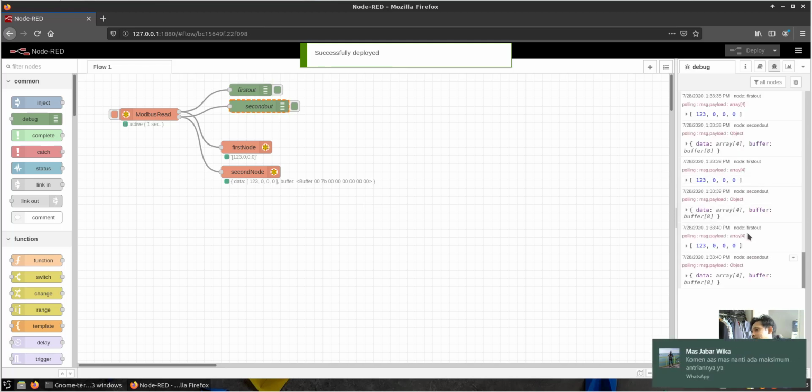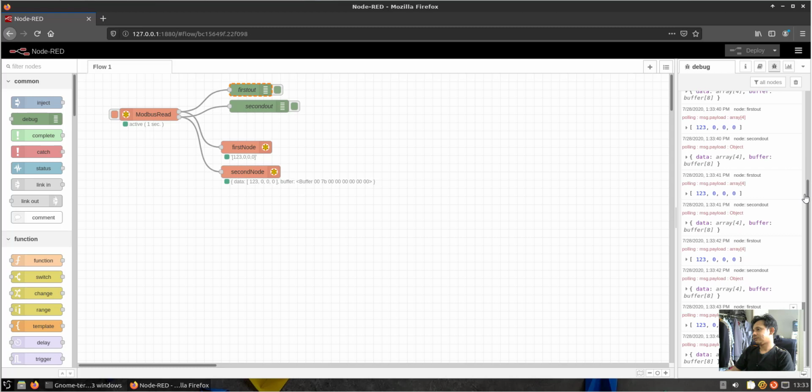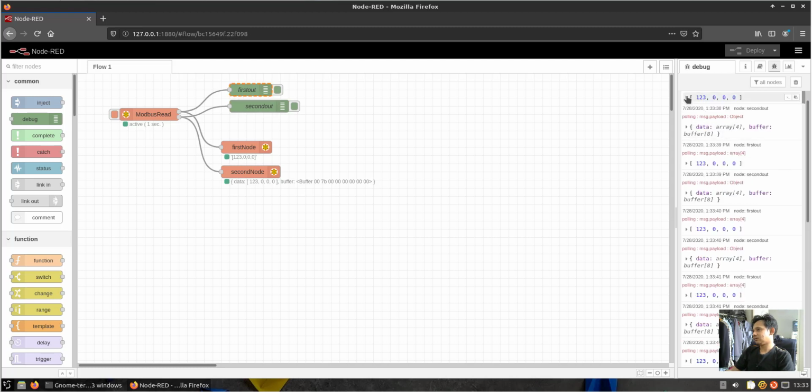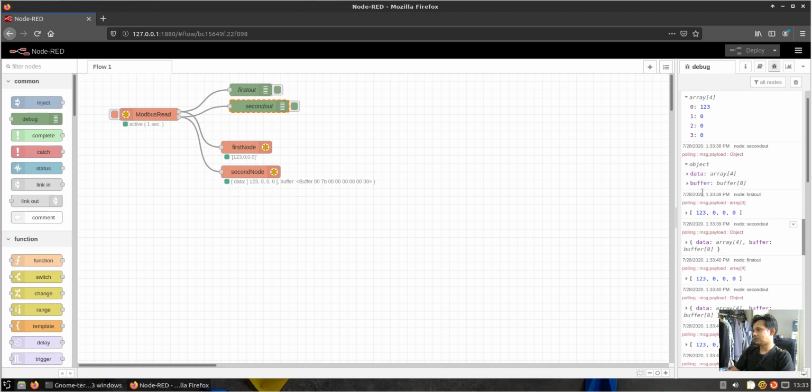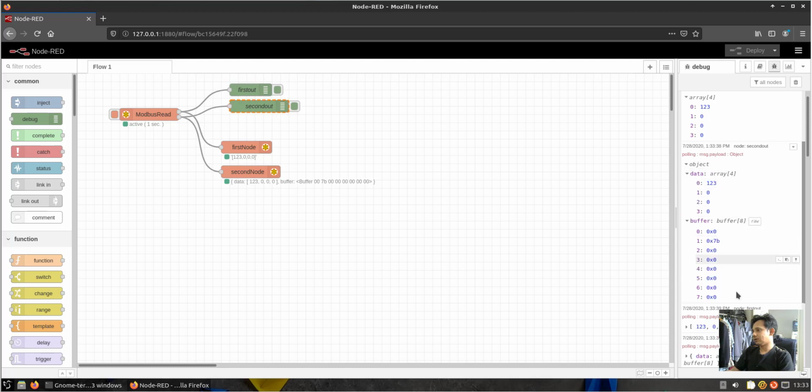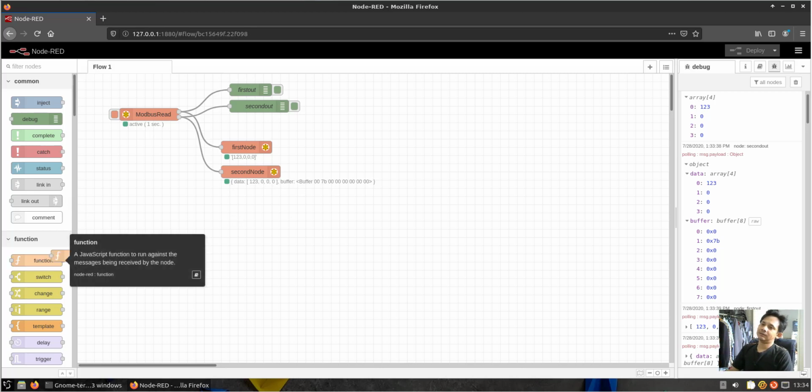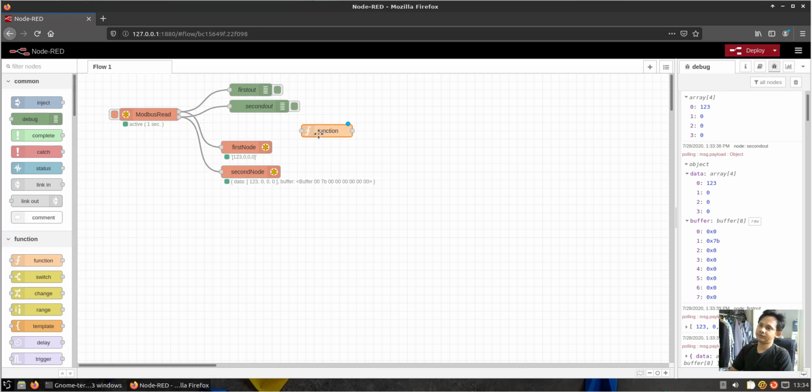Okay, so here we can see the response for each node, right? 1 2 3 4, 1 2 3, 1 2 3. The buffer, this is a buffer also. So okay, let's take each value from each register. So we'll split the value from each array, because it has a 4 array. You can see here 1 2 3 4 5, starting from index 0 1 2. Okay, so